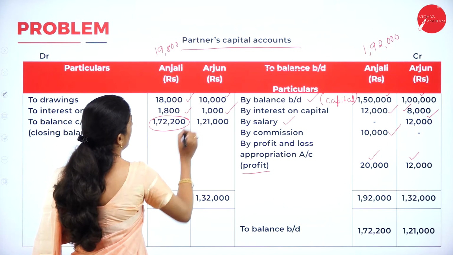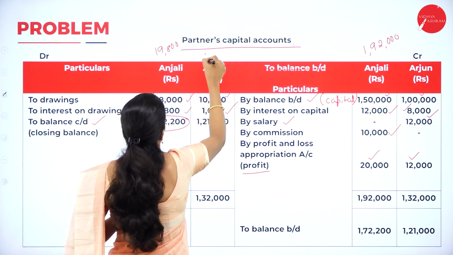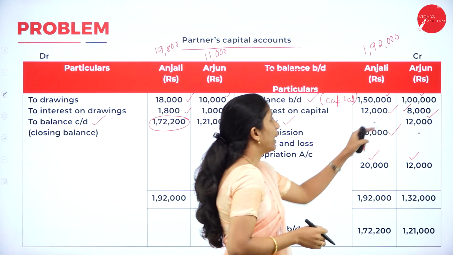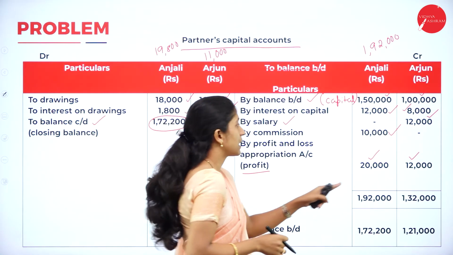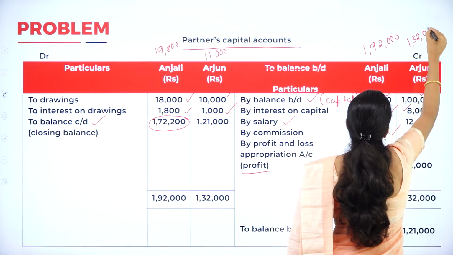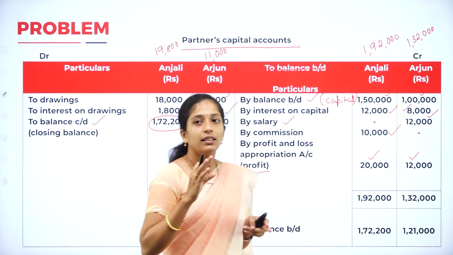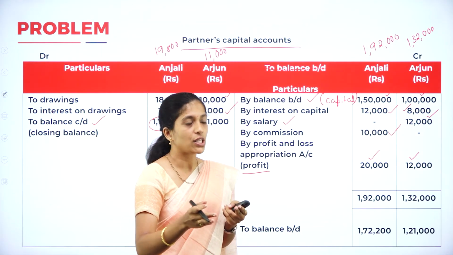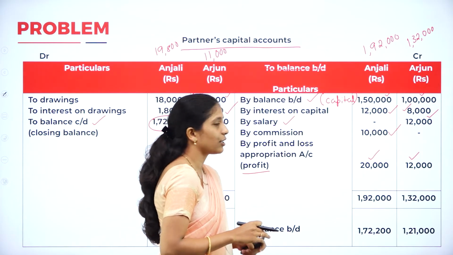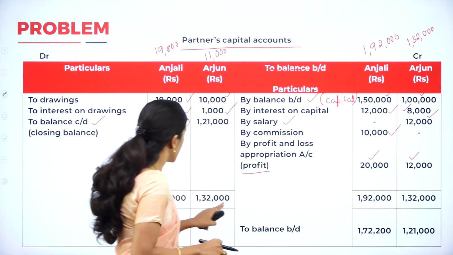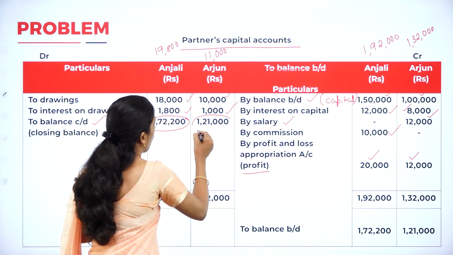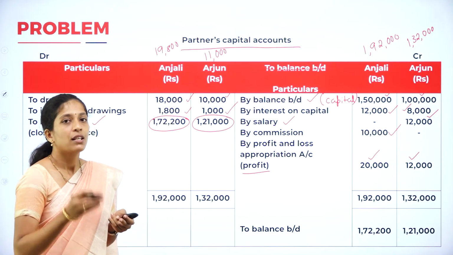We have 10,000 and 1,000 in the debit side. So that is nothing but 11,000. Now coming to the credit side, we have 1,08,000 plus 12,000 plus 12,000. So that is all about 1,32,000. So now when compared to debit as well as credit side, Arjun's column is more in the credit side. So that is 1,32,000, right? 1,32,000 on the credit side minus 11,000. So you'll get the balancing figure 1,21,000. So how to record?